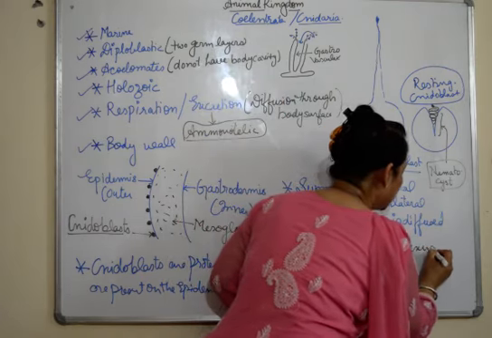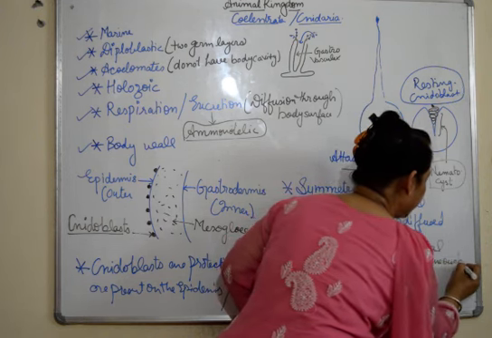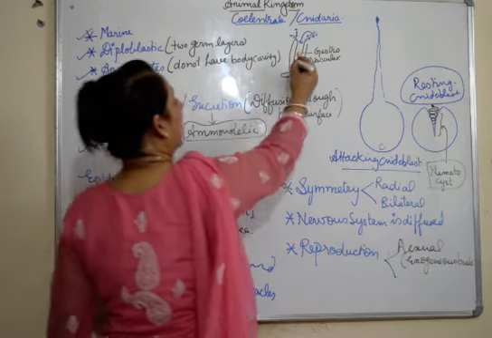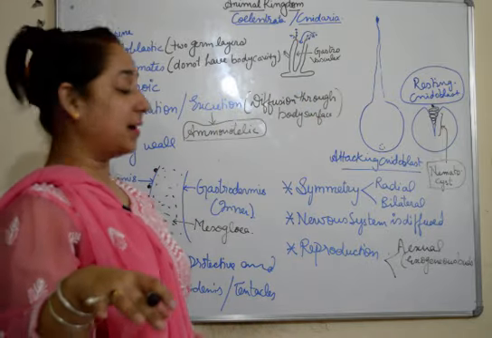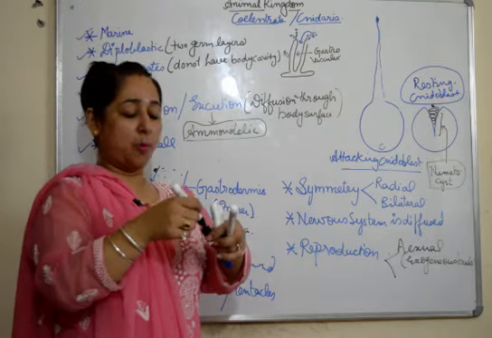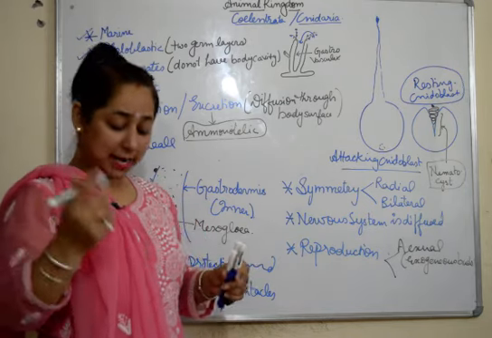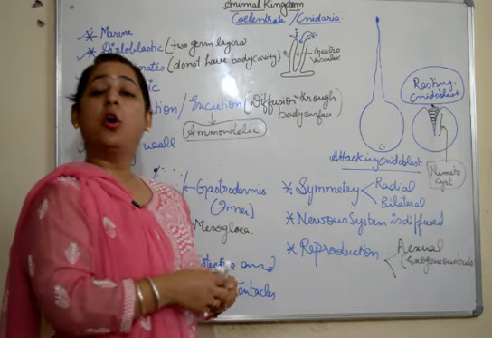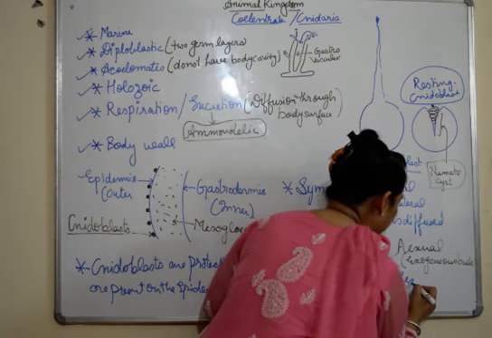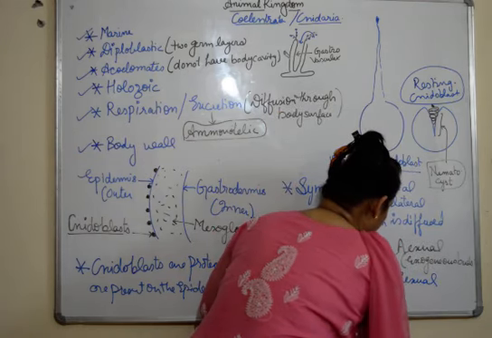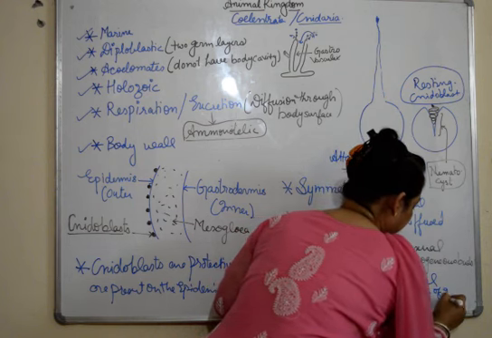If it's asexual, it takes place in the form of exogenous buds. As you see in Hydra, what happens? An extension or bud starts arising here, it falls off and gives rise to a new Hydra. So asexual reproduction occurs in the form of formation of exogenous buds. Exogenous buds are the ones which are present outside the body of the organism. Fine. And sexual reproduction is by formation of gametes. Fine.